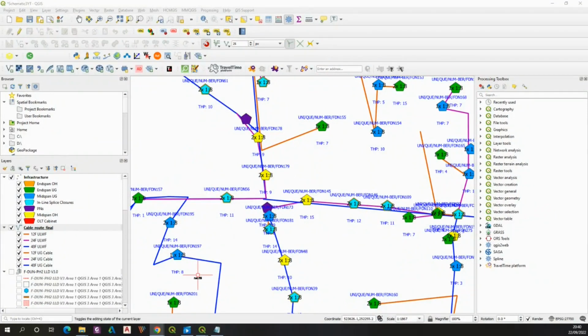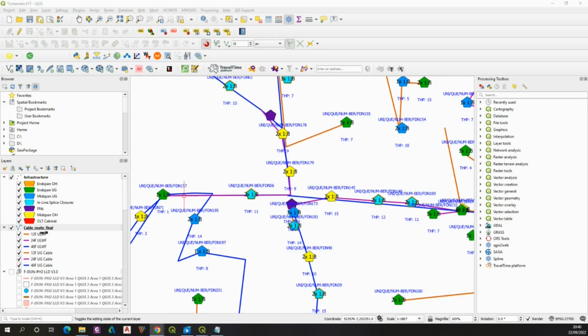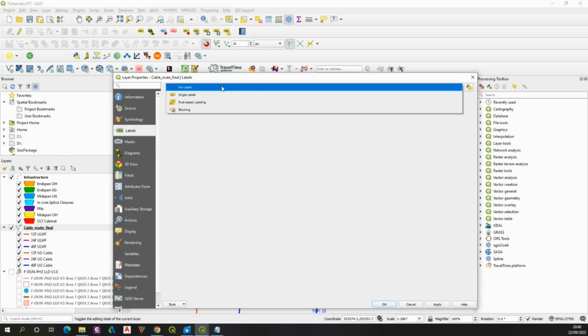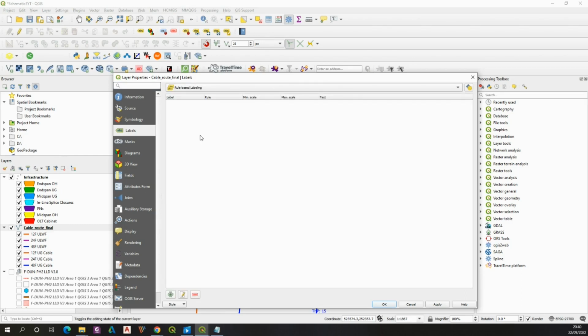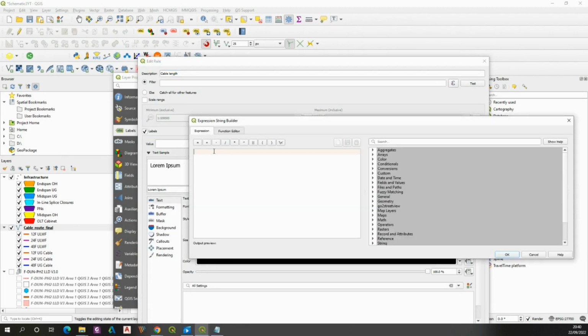But it's still not everything which must be applied for the cable route styling, because as you can see, we have no labels provided. Therefore, I need to go to the properties again and instead of symbology, select labels. Labels will be rule based because I have three elements to show on my cable route. First of them will be cable length, where in the filter I will define the proper formula for this cable length. Function is format number, which will keep my length as a number regardless of its shape and cooperation with